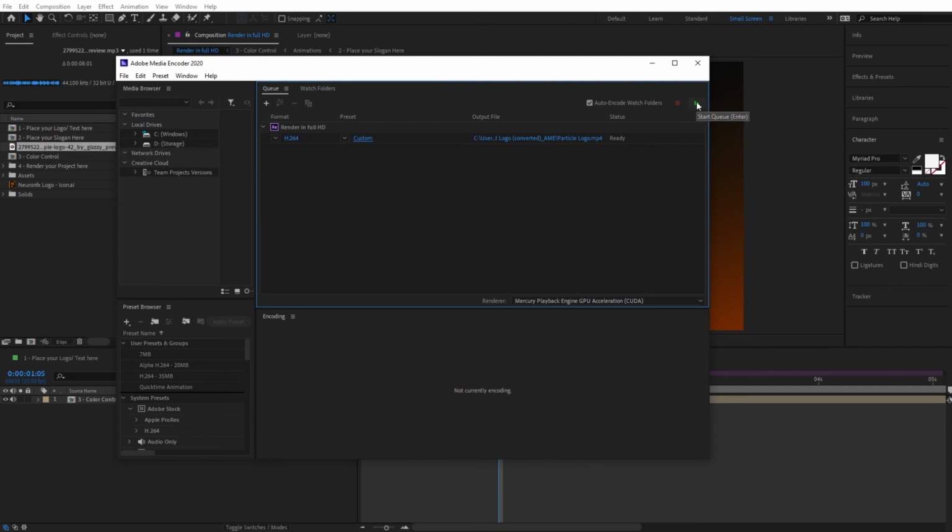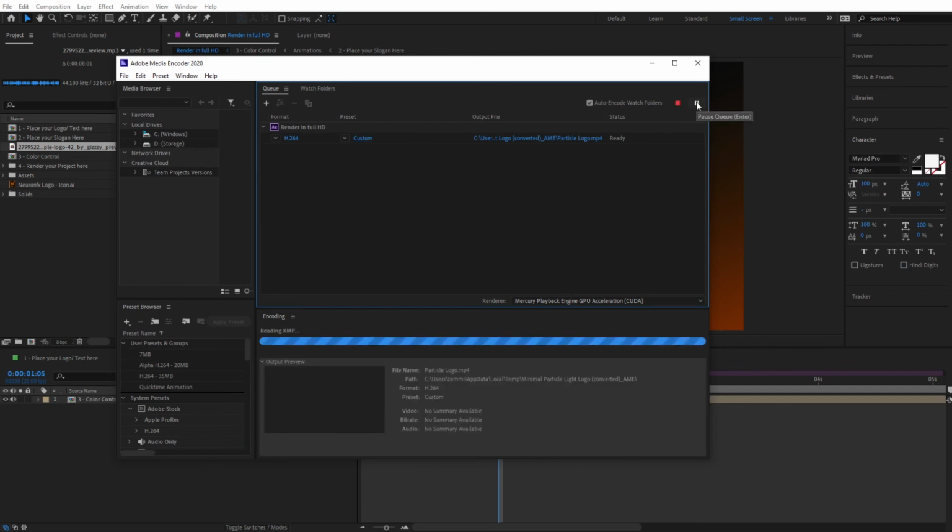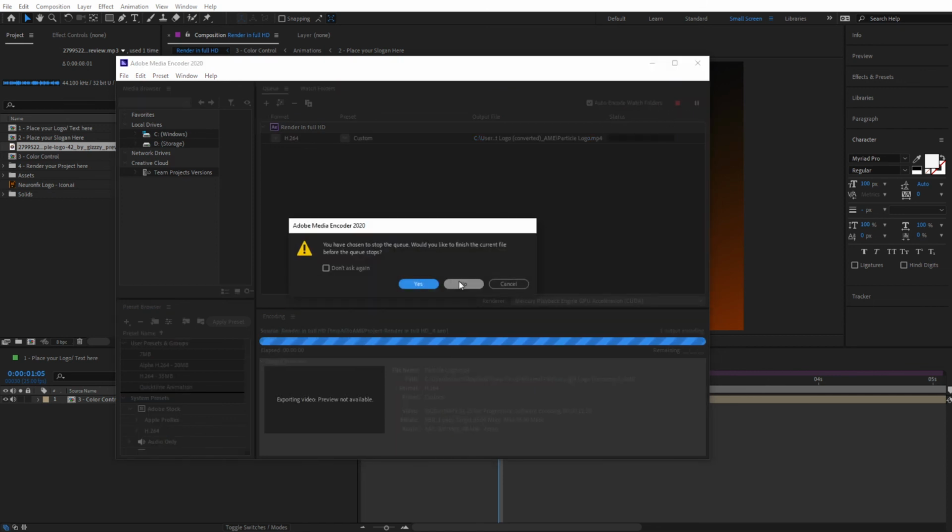And we can simply now hit the green button for it to start rendering. So that's basically it. This will take a few minutes to render, depending on your system, of course. And you'll be set to go basically. So that's it. Now let's stop this very quickly here,